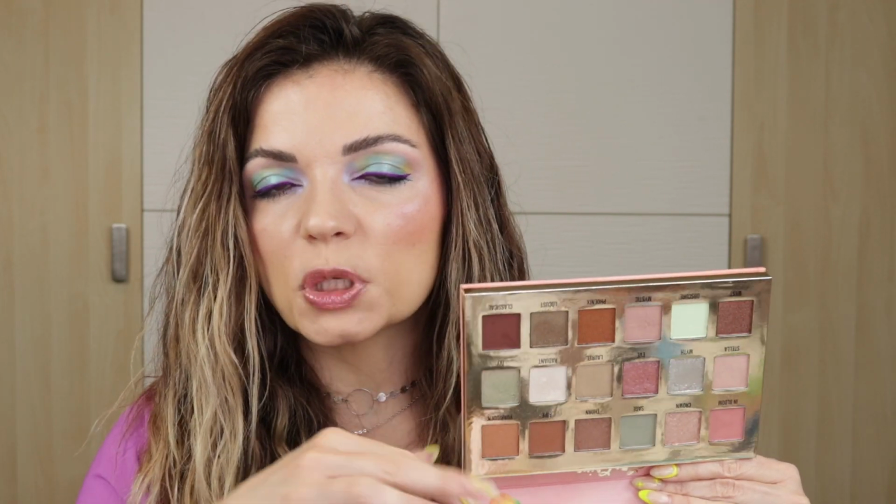When you look close, they are all different, but they're so close in tone. You have the dusty olives, the dusty roses, and the soft nudes. So I just feel like there's not a lot of contrast in this palette, and every time I use it, it's a beautiful soft wash of color, but that's usually not my vibe. I also feel like with some of these shadows, I don't know if it's just that the palette's getting old, but the shimmers, you really have to work to build them up on the eye. If I was more of a soft wash of shimmer kind of person, maybe I would repurchase this again, but I just wish it had a little more wow, because since purchasing this palette, I've definitely